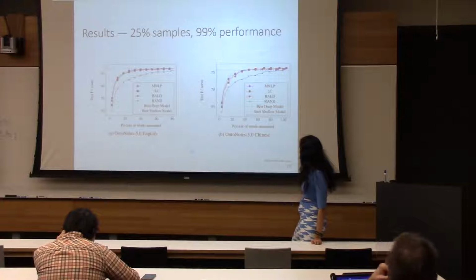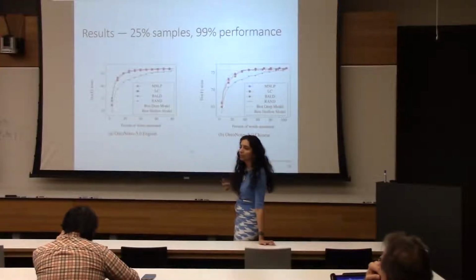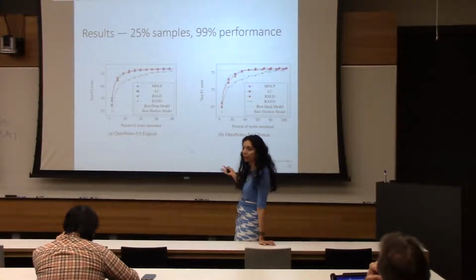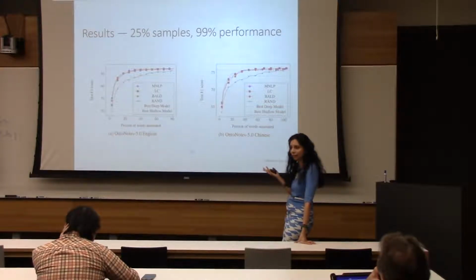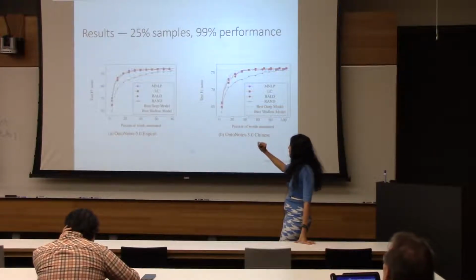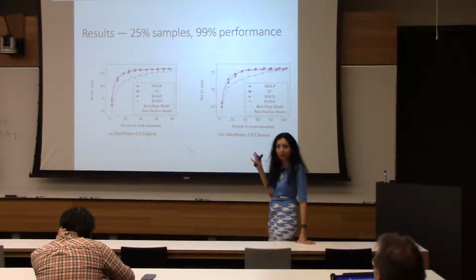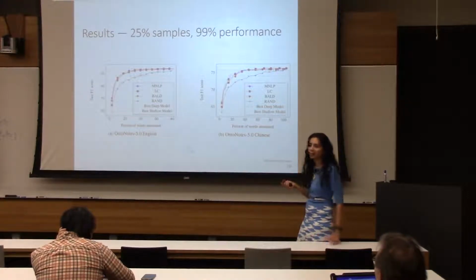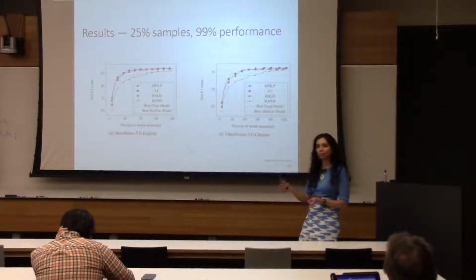And so these are some of the results. The main thing is the lesson learned. So this was OntoNotes, the largest open data set for NER, about I think 625,000 words, or tokens, available. And what we see is you just need a very small percentage of samples to get the state-of-the-art accuracy, which I think is one important thing, to also use this as a way to evaluate different